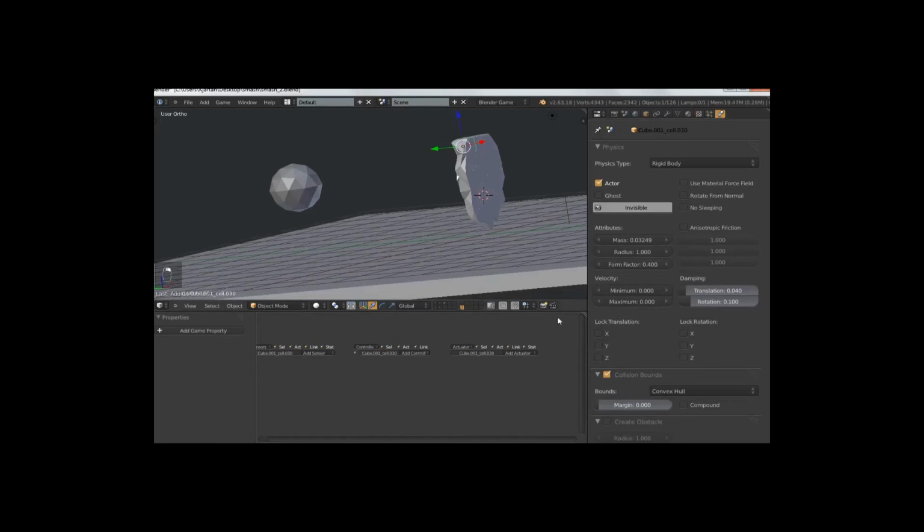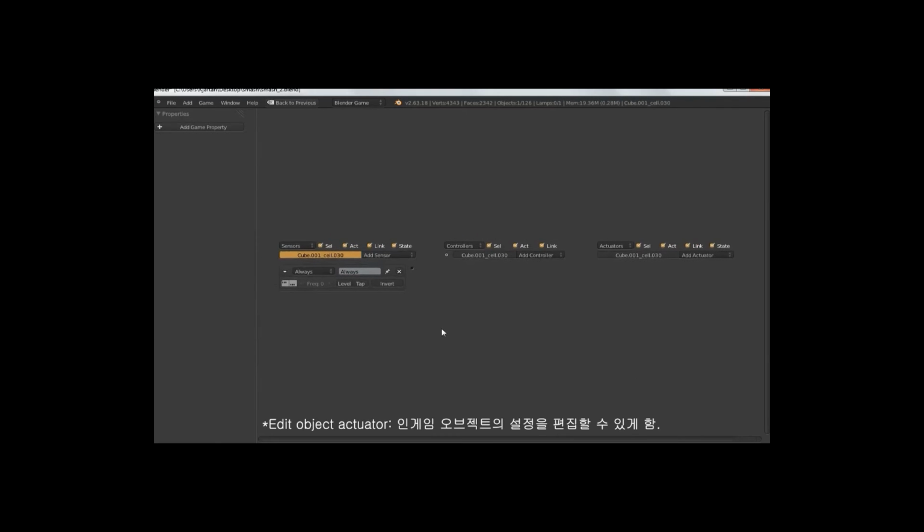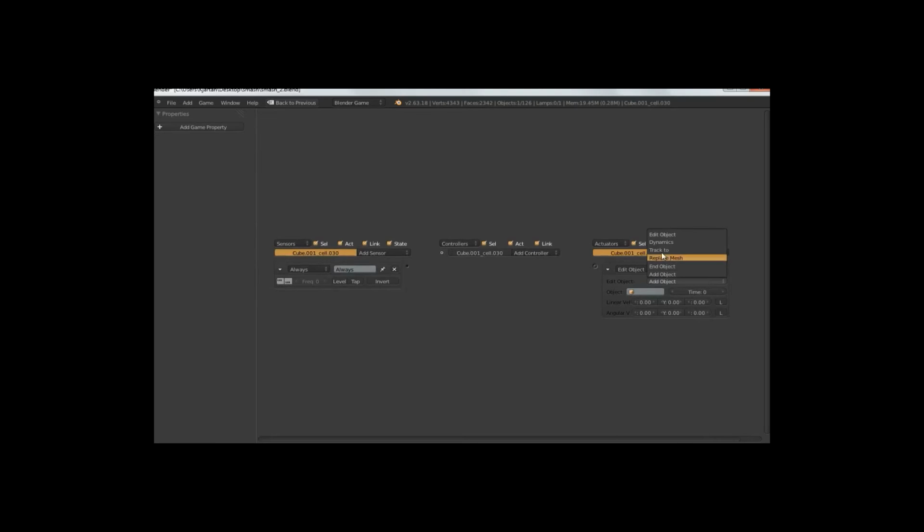So we have to set up some logic for that. The way I do that is I make an always sensor and an edit object actuator, change that to dynamics and to suspend dynamics. So they start suspended.